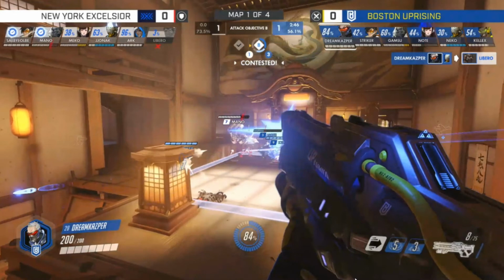So here we're kind of viewing through, again, Boston's eyes. This is the Boston attack round into New York's defense, and we're jumping in kind of mid-fight here. So Boston has captured the high ground. They're now forfeiting the high ground to better reinforce the point. They have point control here. It's not looking good for New York. Mono's taking damage. Libero's forced to swap to Doomfist to kind of help reinforce and maybe even stagger a little